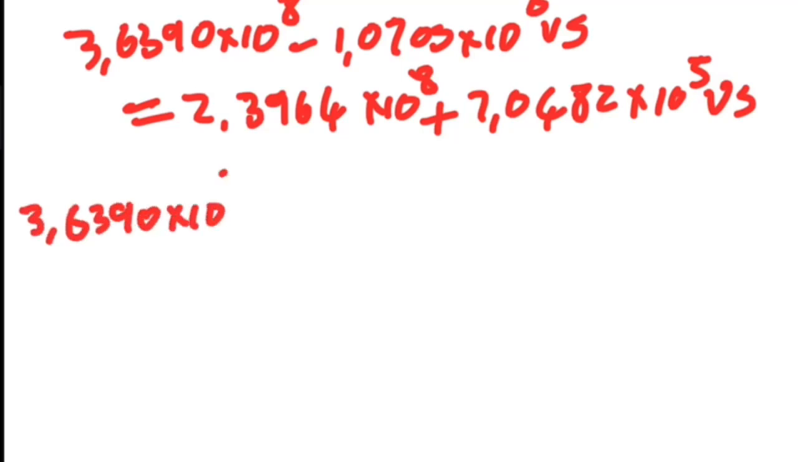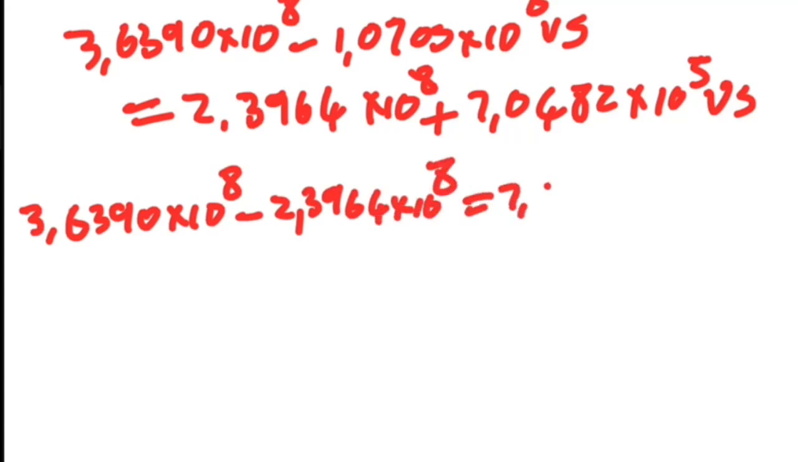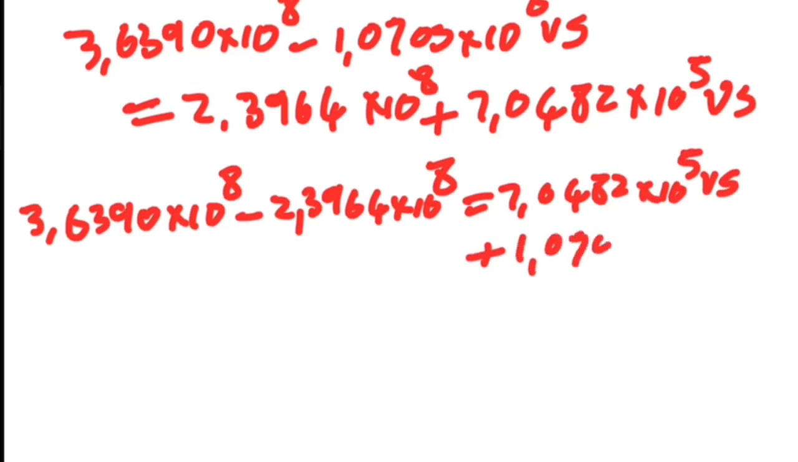If I do that, I'm going to have 3.6390 times 10 to the power 8 minus 2.3964 times 10 to the power 8 being equal to 7.0482 times 10 to the power 5 Vs plus 1.0703 times 10 to the power 6 Vs. So let me put the left hand side in my calculator. 3.639 times 10 to the power 8 minus 2.3964 times 10 to the power 8. Let me put that in my calculator. I'm getting